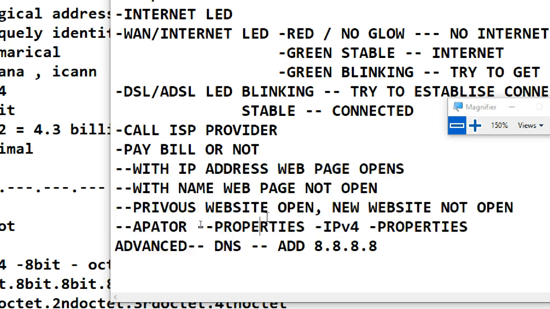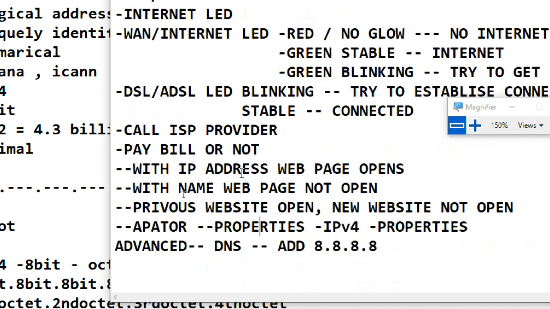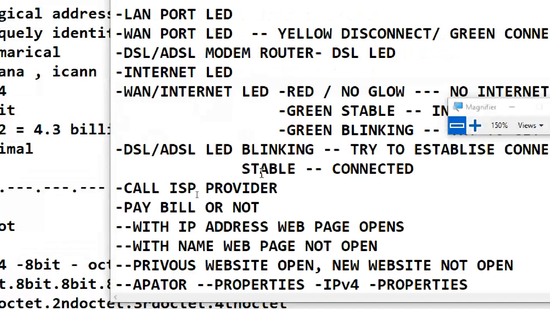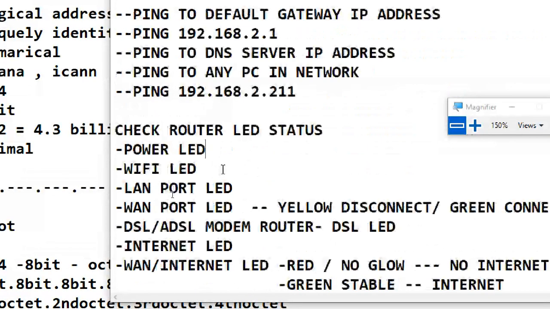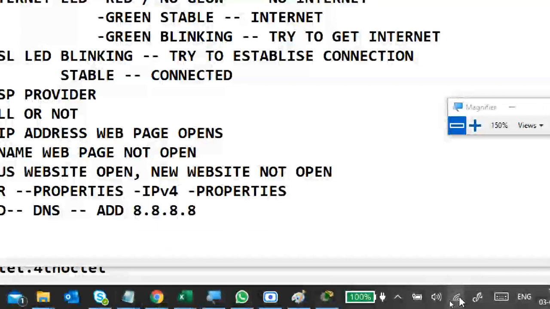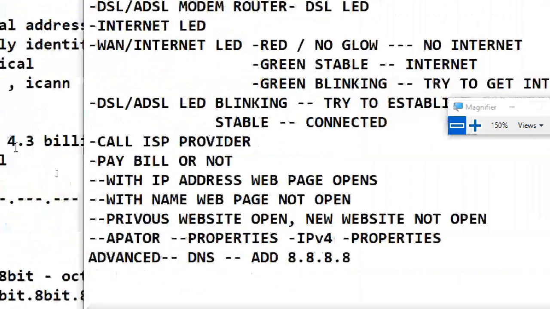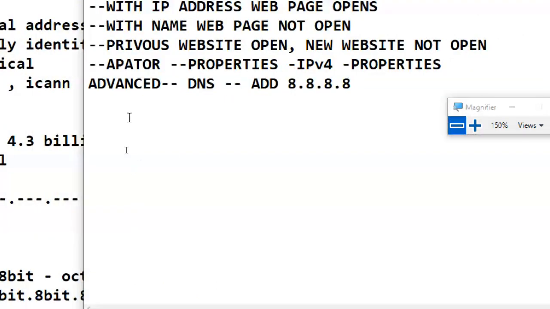So depending upon what trouble you got, based on that only we should troubleshoot it. You are already connected, so you need to check power LEDs, Wi-Fi LEDs and all. Wi-Fi is already connected, see. It means you need to check the power LED, all kinds of stuff. Check the other LEDs, internet LEDs and all. Next,